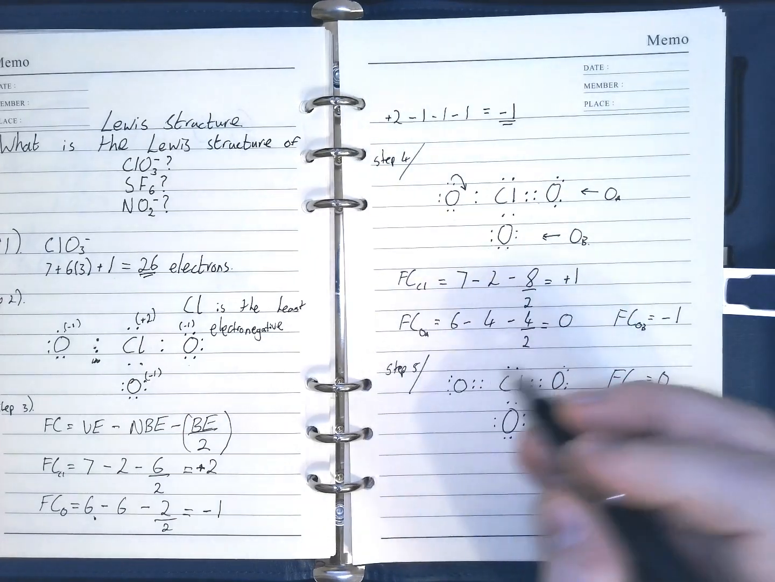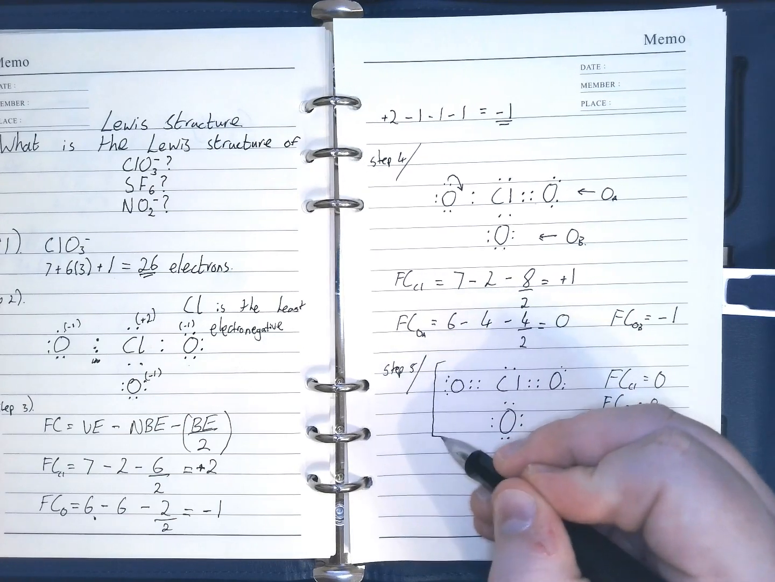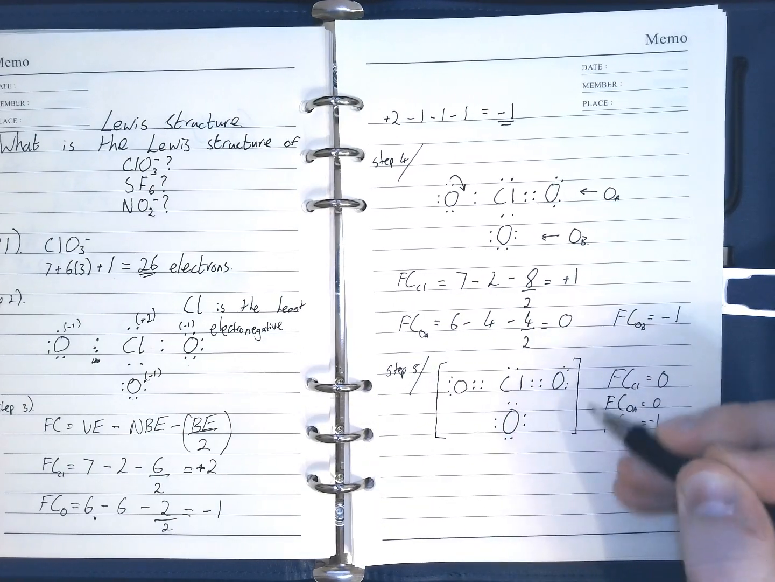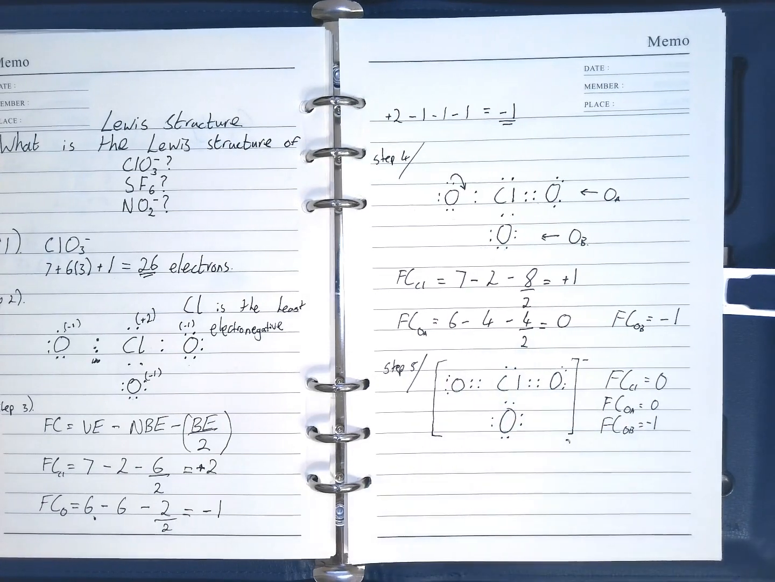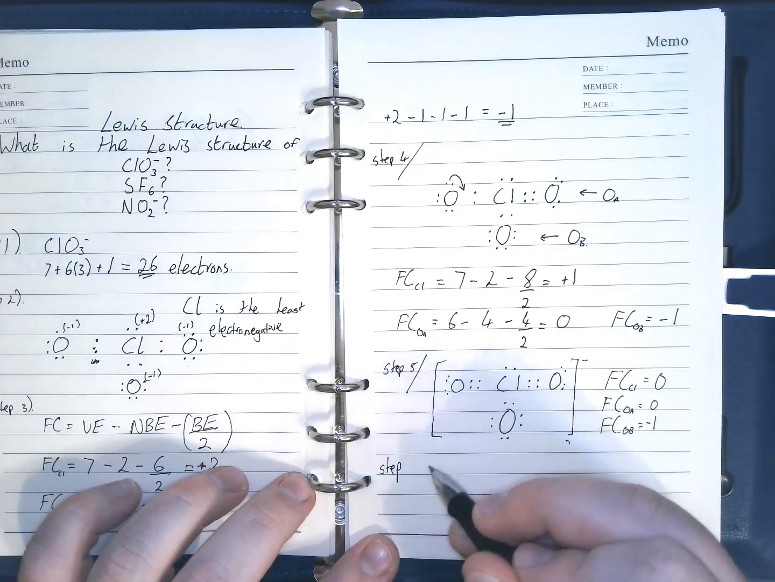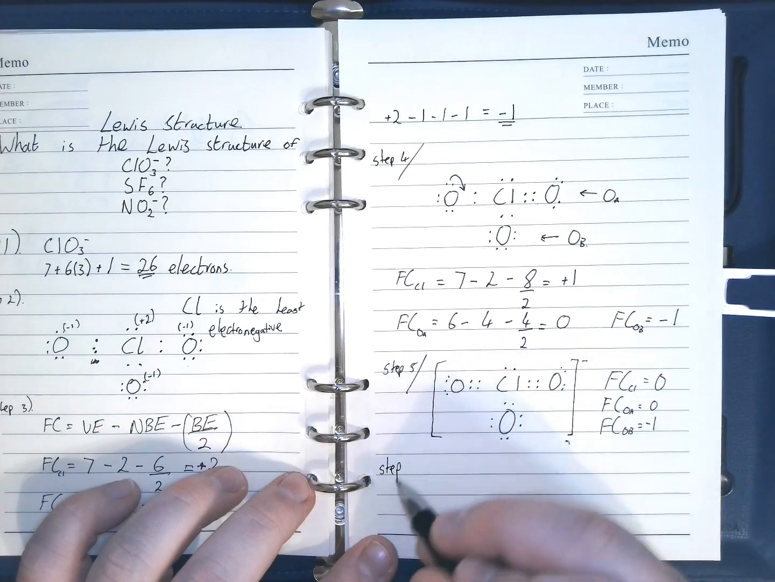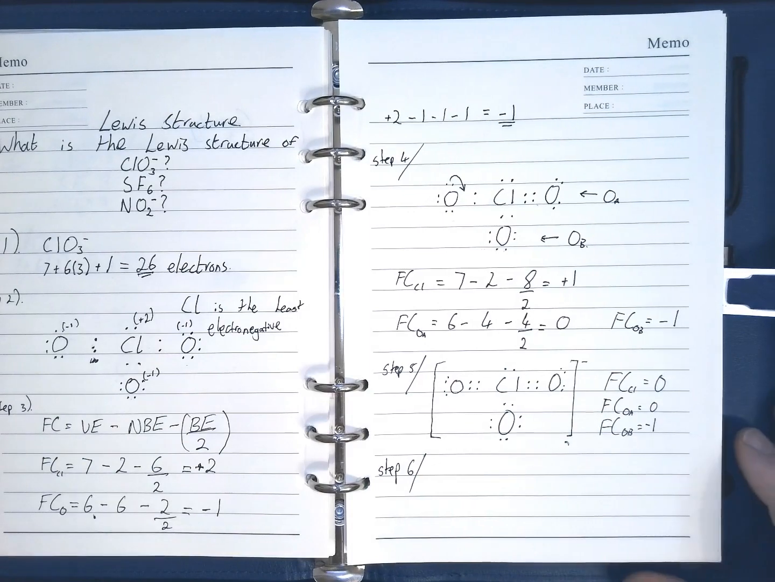You can see that the overall charge is going to be minus 1, which is fantastic, because this is the finished Lewis structure. So to finish off the Lewis structure, add brackets and then add a minus there as well. Now, step 5, we can calculate the Lewis structure, but for step 6, we might be asked what is the